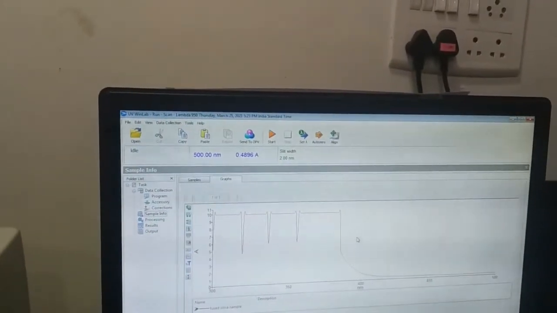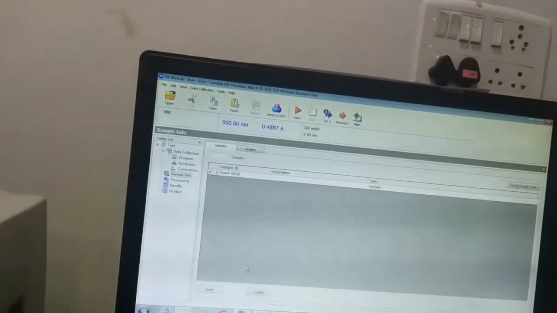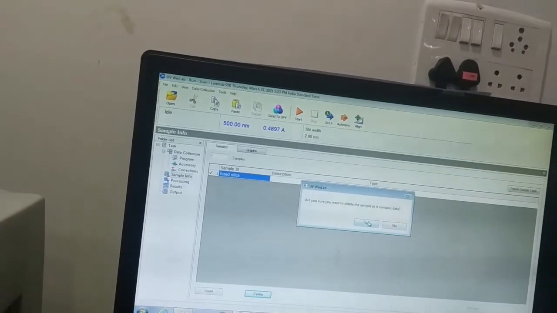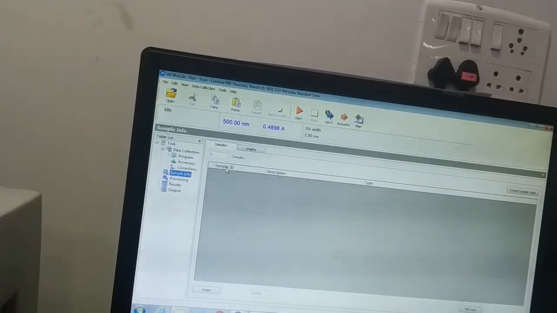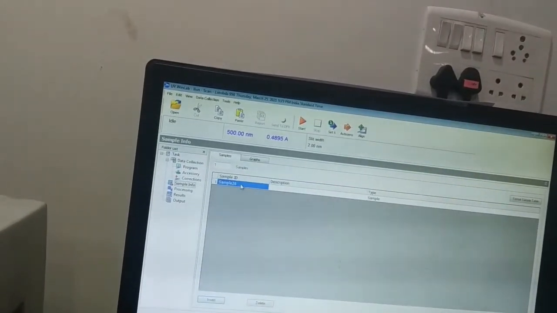To perform this experiment for S polarization, first we need to delete this sample, then press sample info and write the name of the sample.